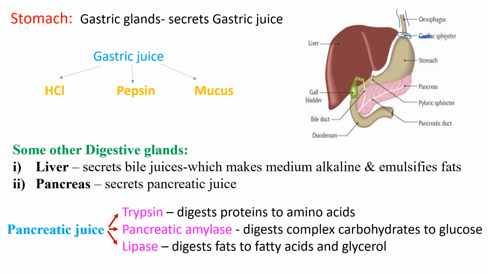That sphincter muscle is helpful to allow the food into the stomach and to prevent backflow of the food and the acid which is released in the stomach. The function of the sphincter muscle is to allow food into the stomach and to prevent back movement of the food or the acid released in the stomach. This sphincter muscle is called the oesophageal sphincter.